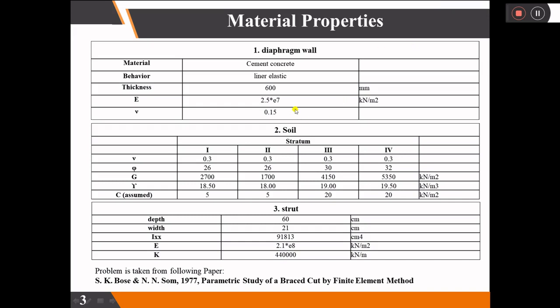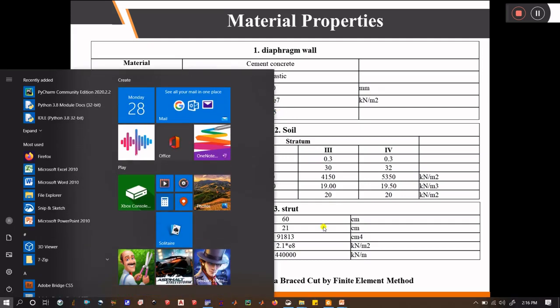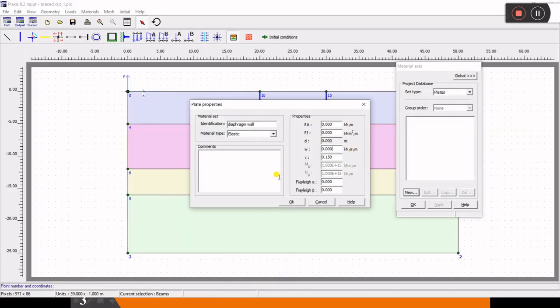I'll take 0.05 as the I value. So EI will be 2.5 into 10 power 7 into 0.05, so 0.125 into 10 to the power 7. Let's go back to Plaxis and type it here.